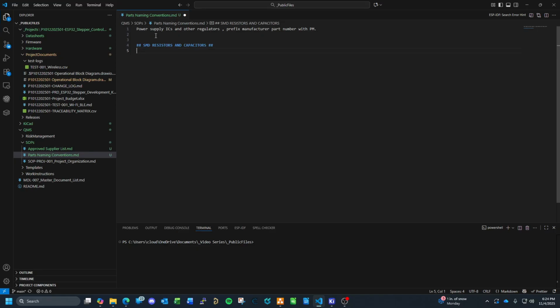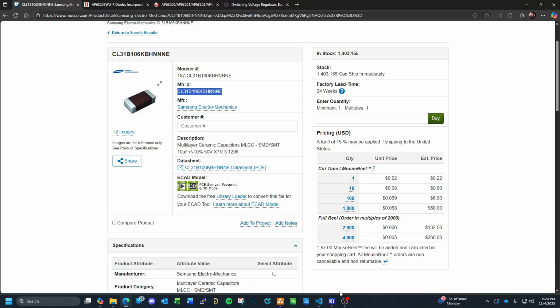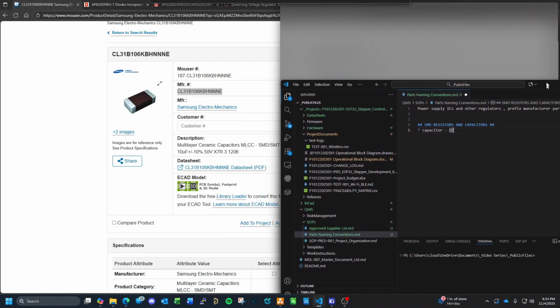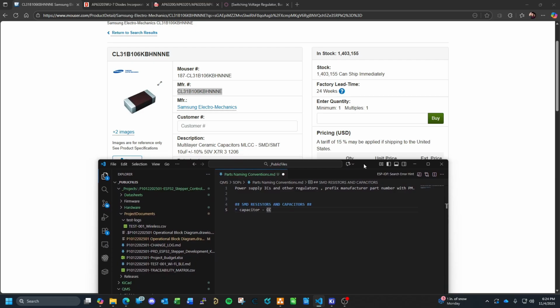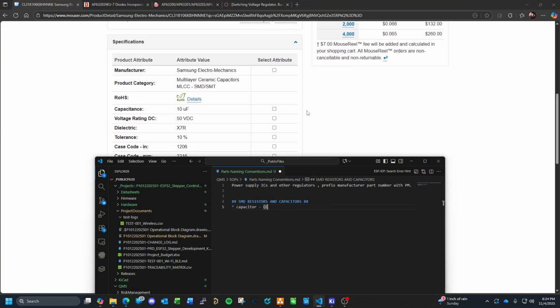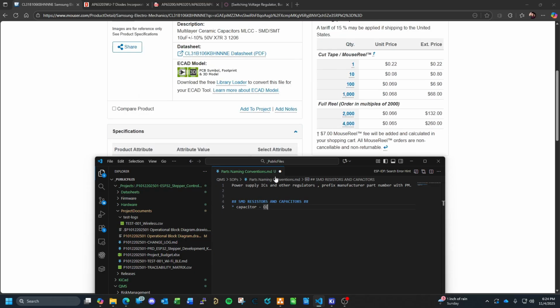Now, typically, what I like to do for capacitor, I like to prefix it CC, for chip capacitor. What did I say? This is 1206. Chip capacitor, the package 1206,